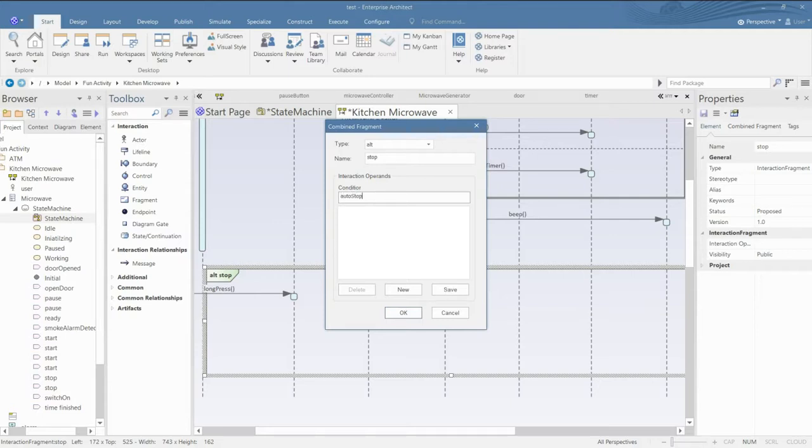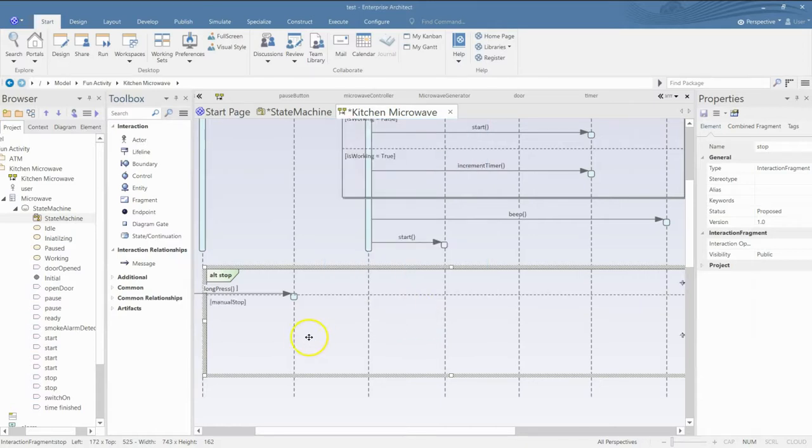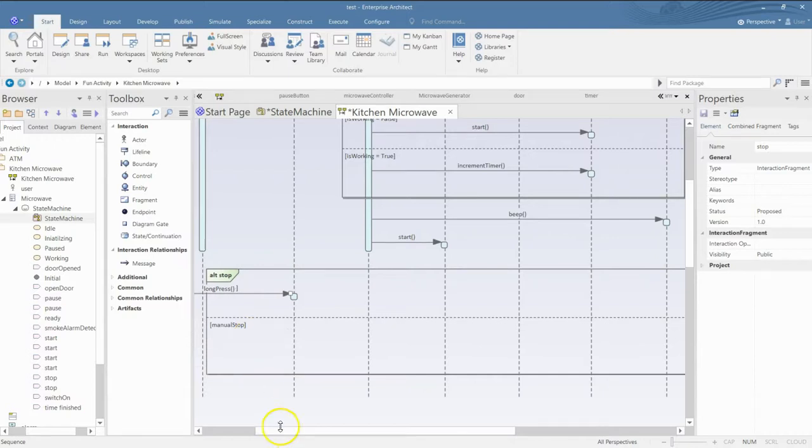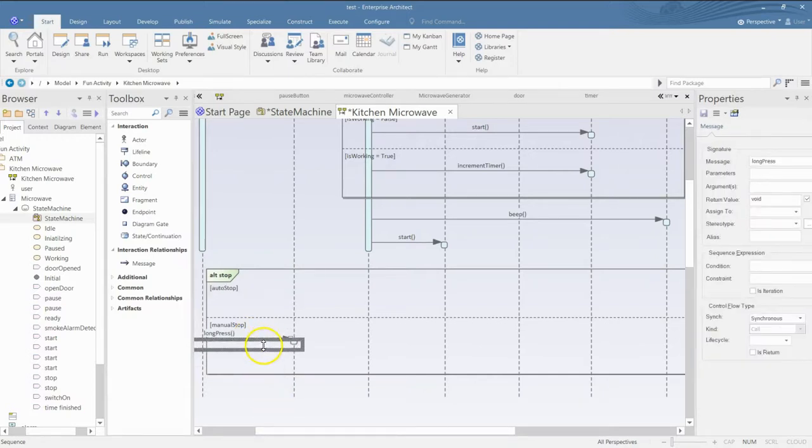Auto stop and manual stop. Now in this case, which one is this going to be? This is going to be manual press. So I'll bring it here. And in this case, it will be an auto stop